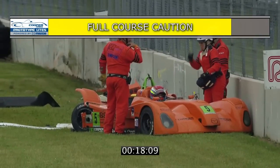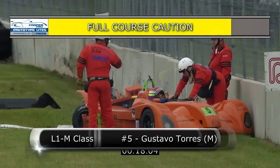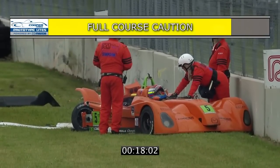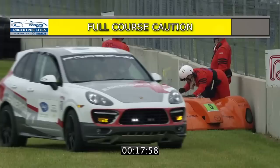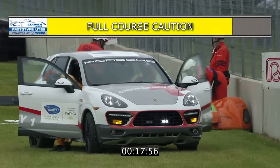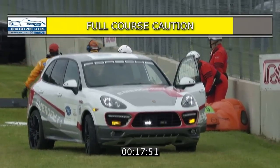That was a heavy hit. That was a really heavy hit. The corner workers there, they're not in any extreme speed trying to get him out and everything, so he's probably okay. He's probably just complaining about something. He's probably more mad at himself than anything else, and the safety car's there now. They'll check him out, and they'll take their time, make sure he's okay, because that's the most important thing, safety,